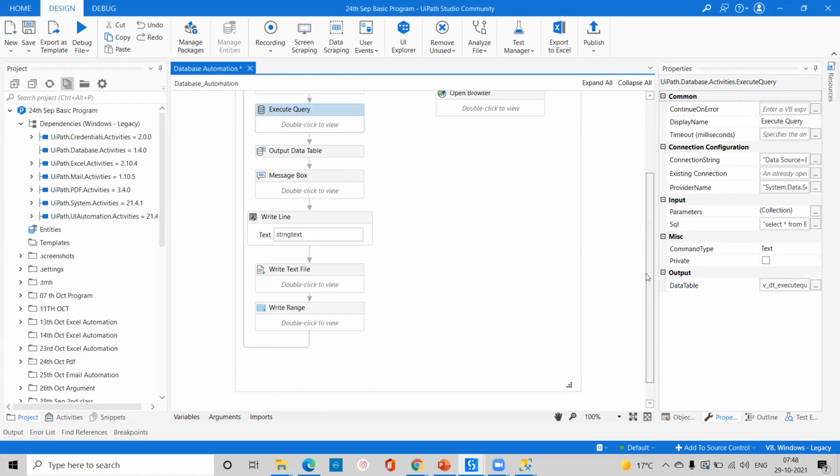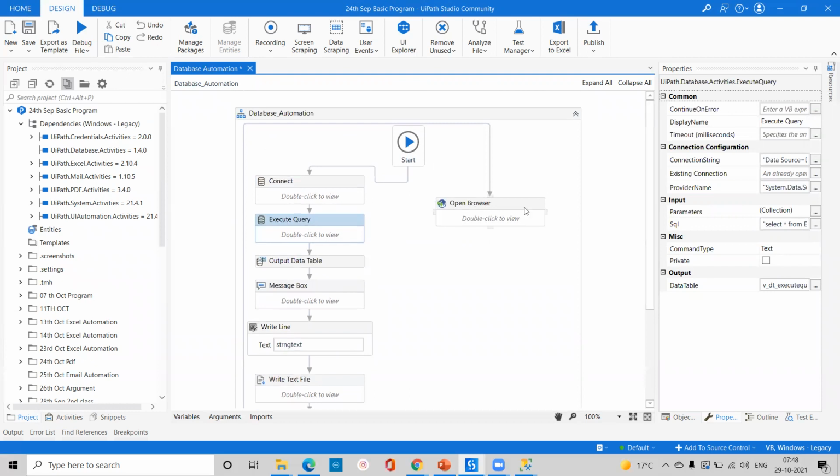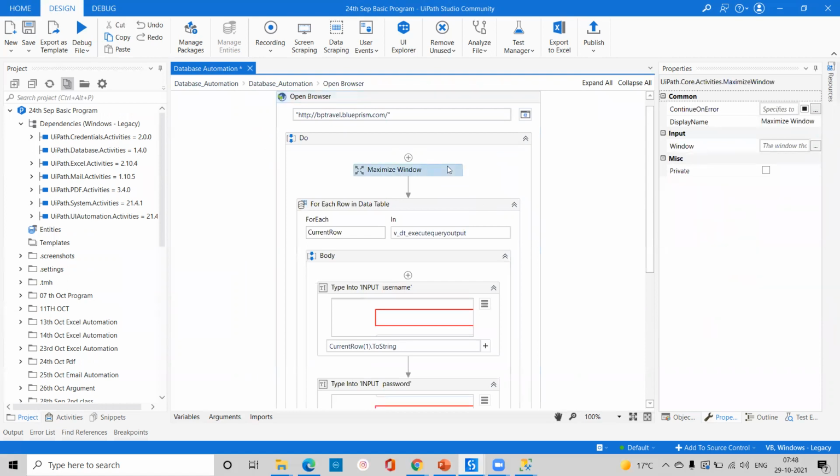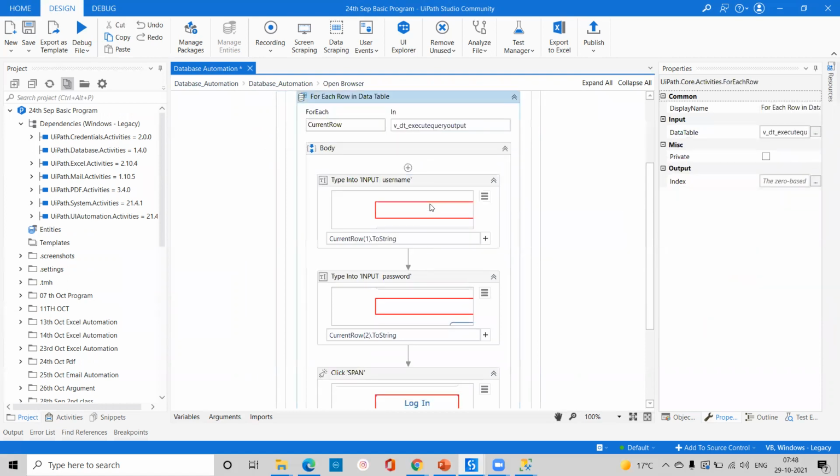Okay, after that if you come, we have taken this open browser. Open browser is especially for launching the browser, and after that we've used maximize window for maximizing the window, and after that we've used for each row. For each row is especially a loop, so we have passed the current row by default. By default it comes, and here the input, as we pass, is this PDT Excel input.